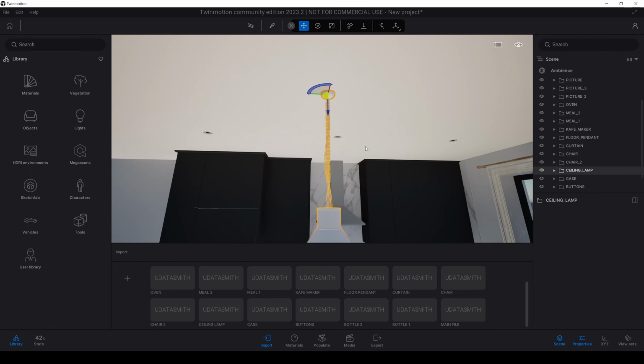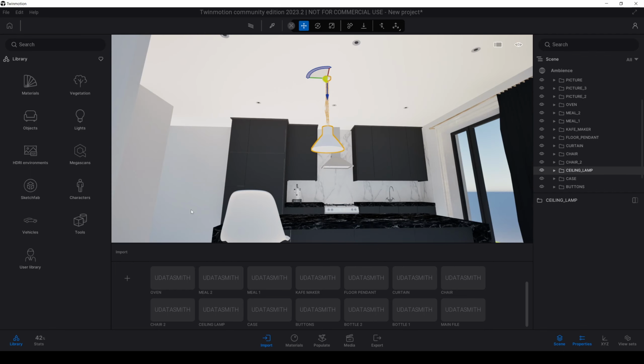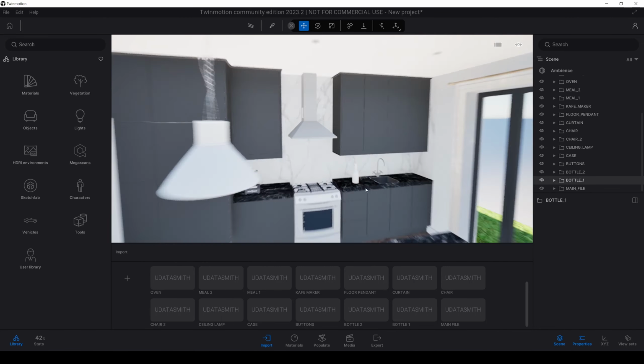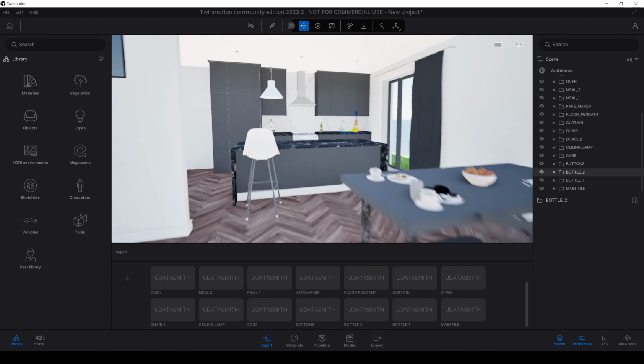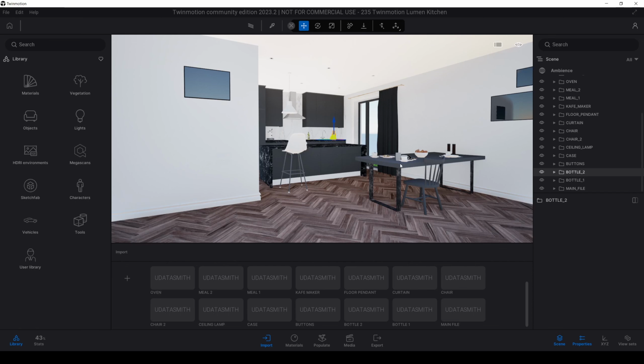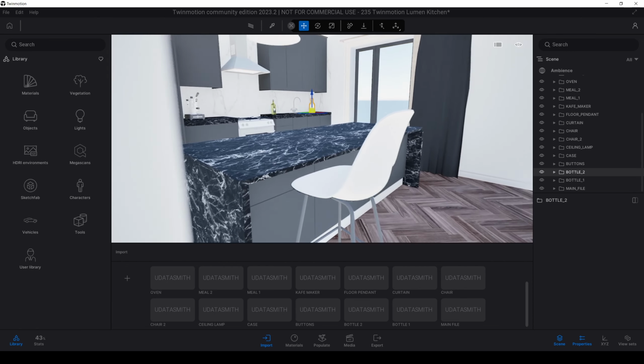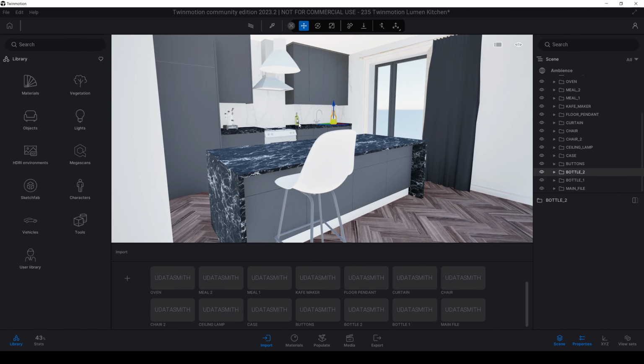First we will place them, then adjust their materials and save as user library. And the main file. Now we are going to set up our materials and save them as user library. To achieve it, first we need to change the global illumination method to Lumen or path tracing.